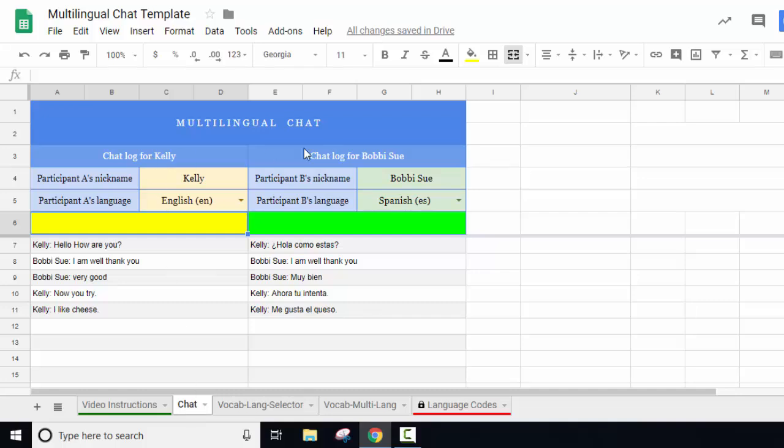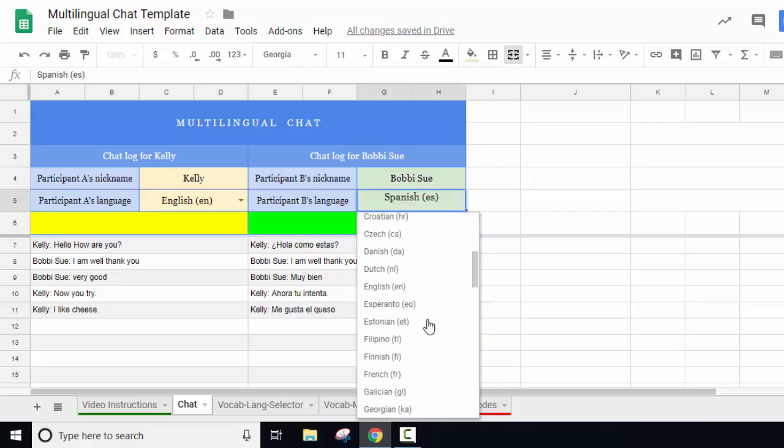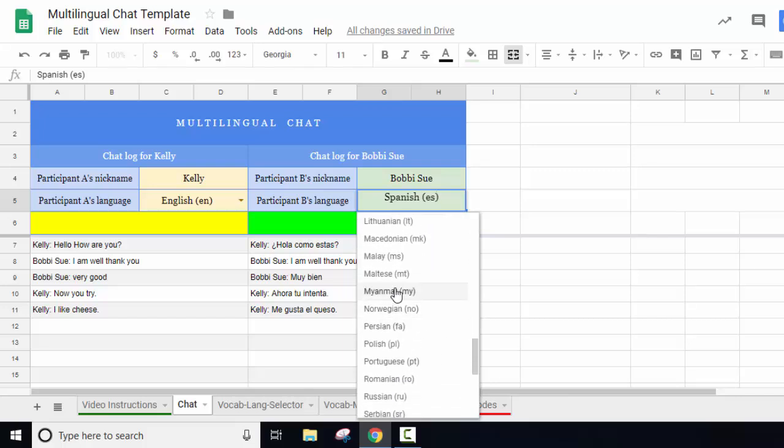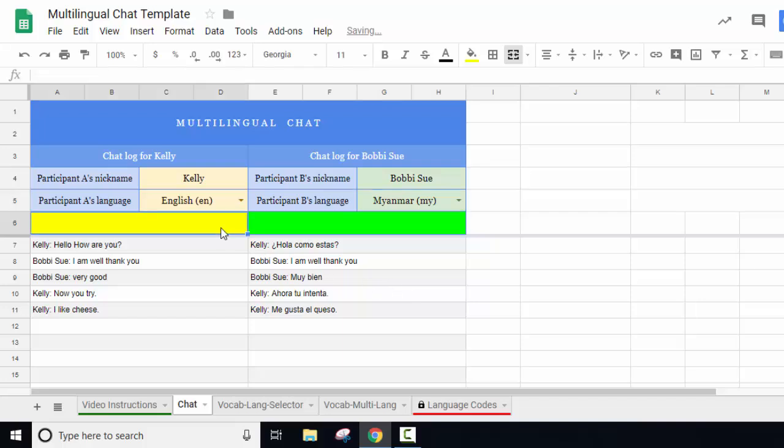This is kind of a two-part chat back and forth that will build a dialogue. You see how this is one language, this is a different language. So one student opens this up, they put in their name, they click on this drop-down list, their language, they type in this box. A different student who has also shared this same sheet puts in their name and their language. I'll change this down there to the Myanmar that I referenced a while ago. Okay, and anything this person types in